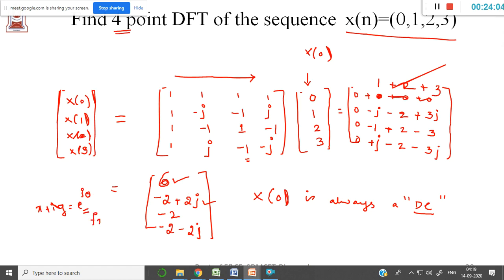When j occurs, we say that there is a frequency component, right? So when there is no j term, only a real term, we call it a DC current or direct current, which means that the first sequence will not have any frequency component